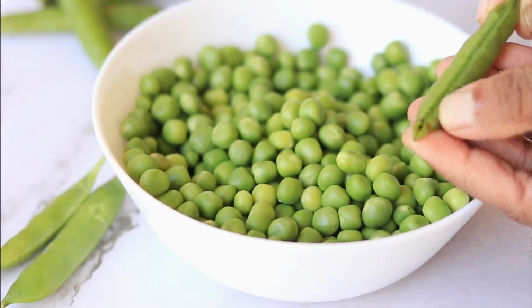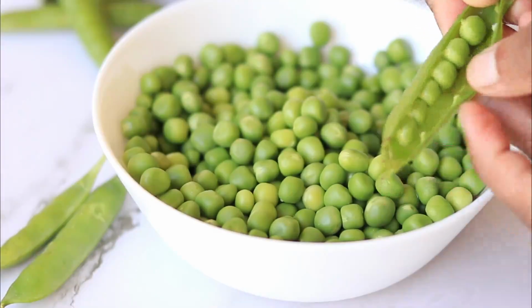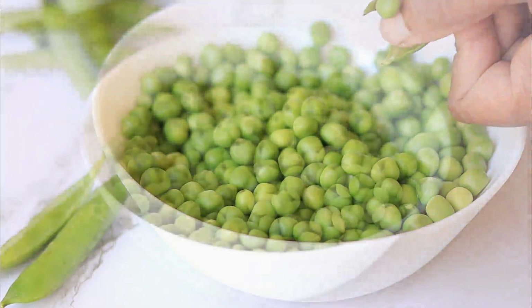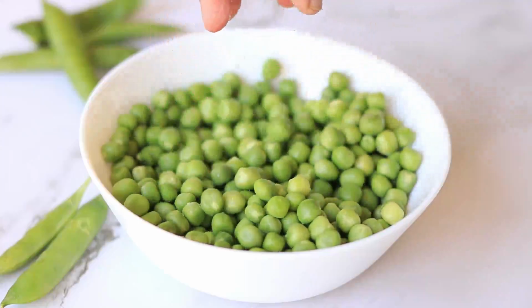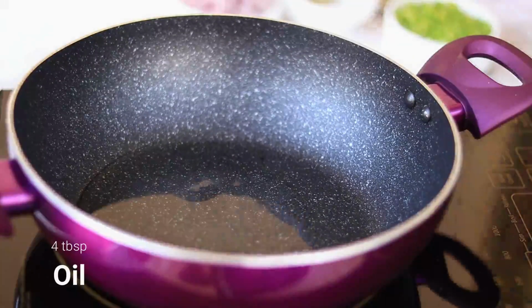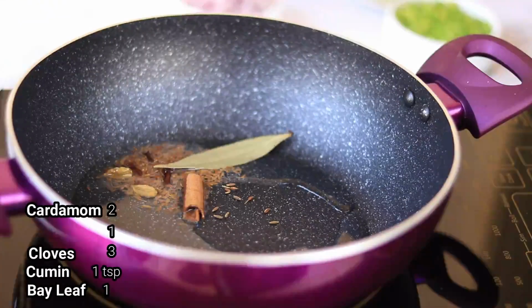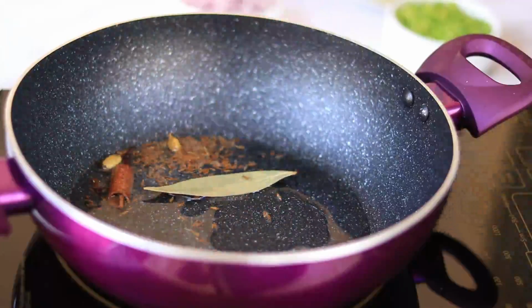Now, fresh green peas are in season, so you can buy these beautiful green pearls and try different delicious dishes with them. Here I've taken some fresh green peas and blanched them in hot water till they get half cooked. Now heat a pan, add some whole spices into hot oil, saute it for a few seconds